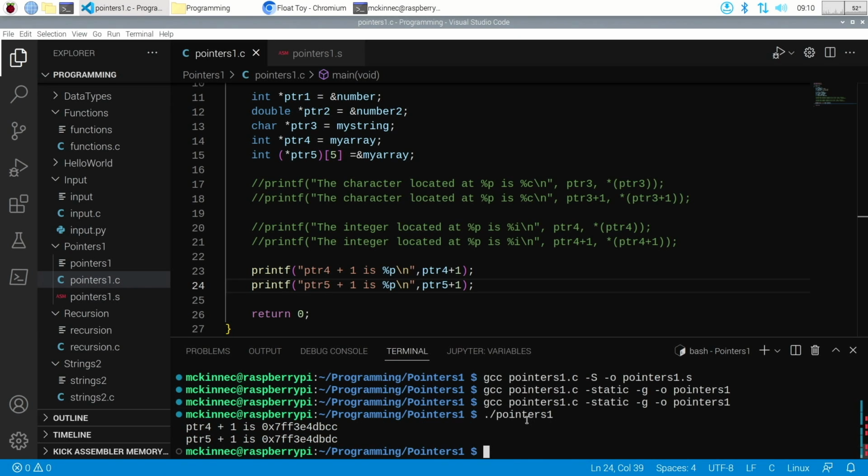Okay, so what does pointer 4 point to? What is pointer 4? It points to the first integer in the array, which we can kind of take as being the array itself. So that's where it starts, okay? But it's pointing to a single integer, right? The second one, pointer 5, is pointing to an array of 5 integers,